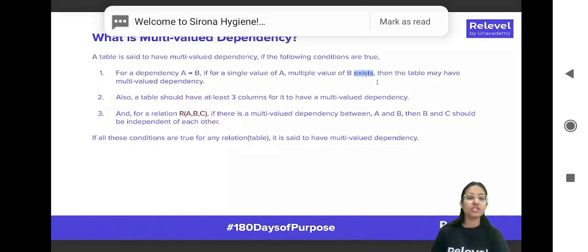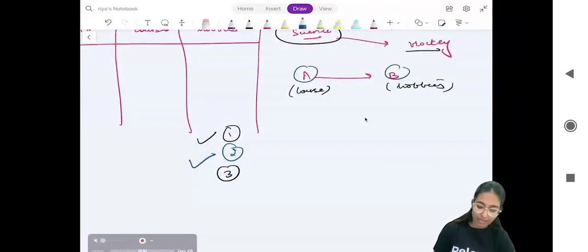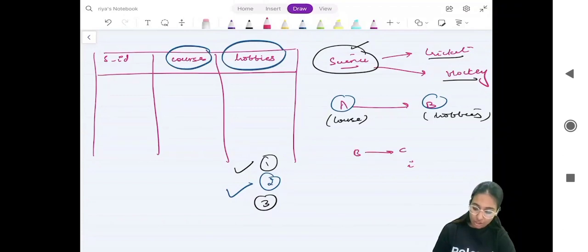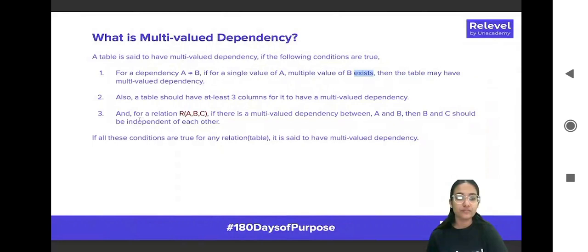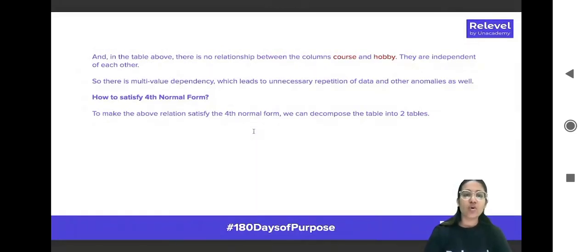Now the third condition says that if there is a multi-value dependency between A to B, right, that means there is a multi-value dependency from courses to hobbies, then it says that B and C should be independent of each other, where C is basically the student ID, which is actually true, right? That means B and C are actually independent of each other. So in this case, what we can say is that all the rules are satisfied, right? Over here,